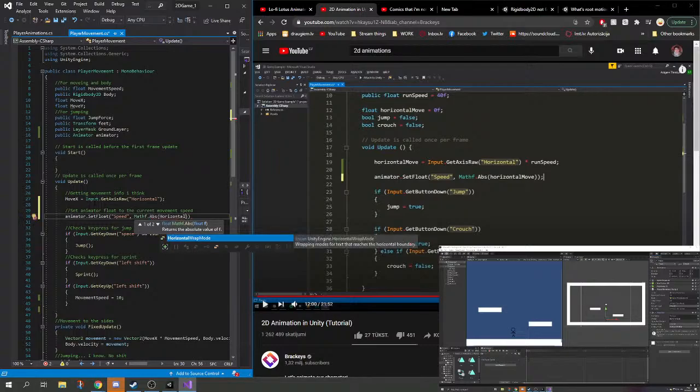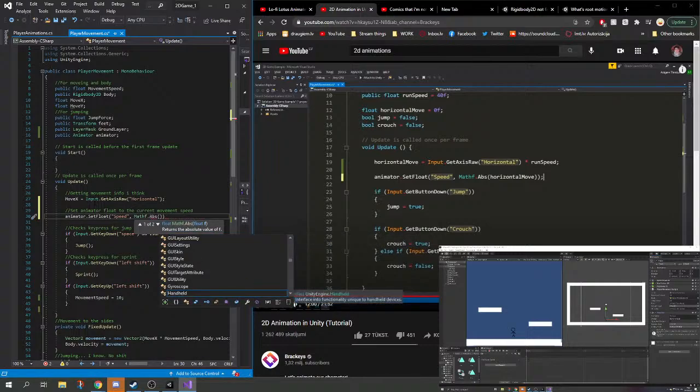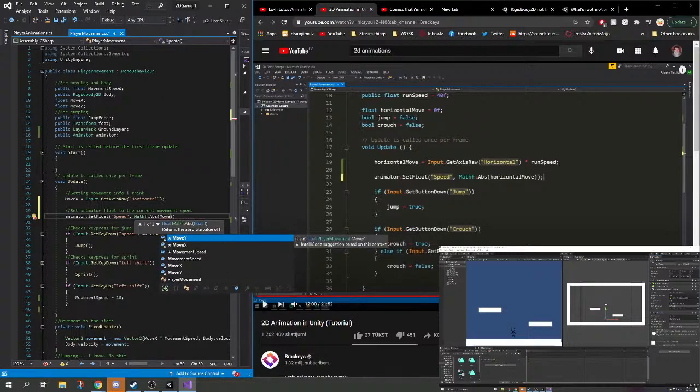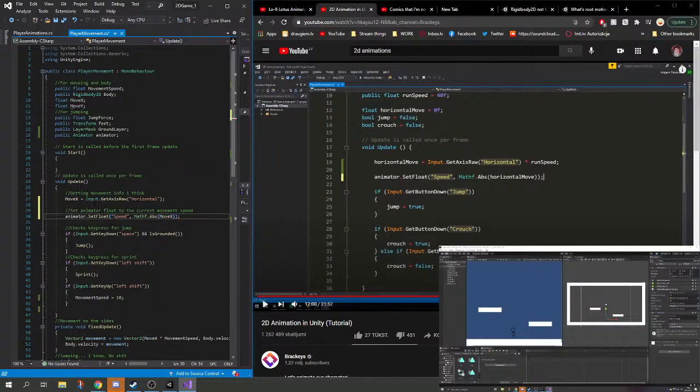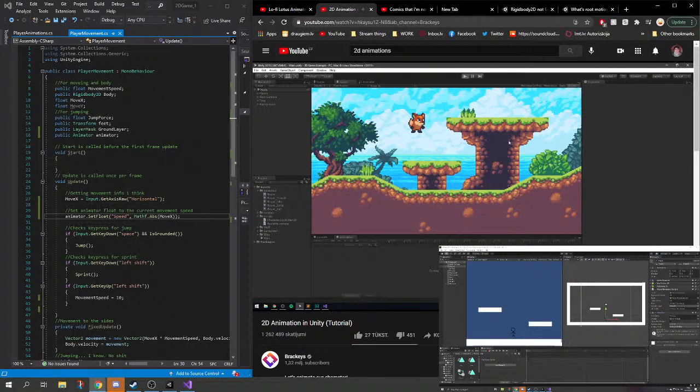Horizontal move. Oh wait, in ours we called it something else. We called it move x. I think that's what they called it. In our case, we made it from a different kind of thing, so it was move x. Okay. It's not screaming at us. That's a good sign. So if we now save this and go into Unity and hit play, we can see